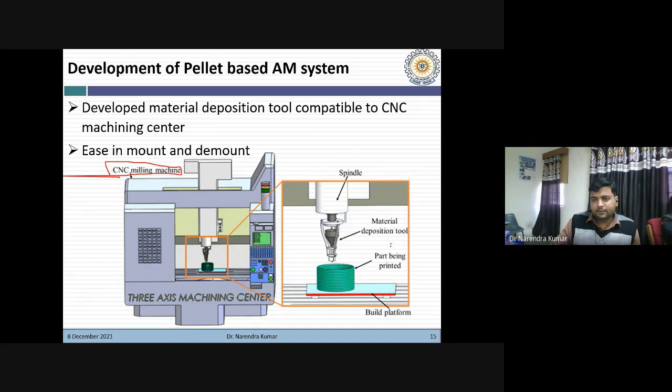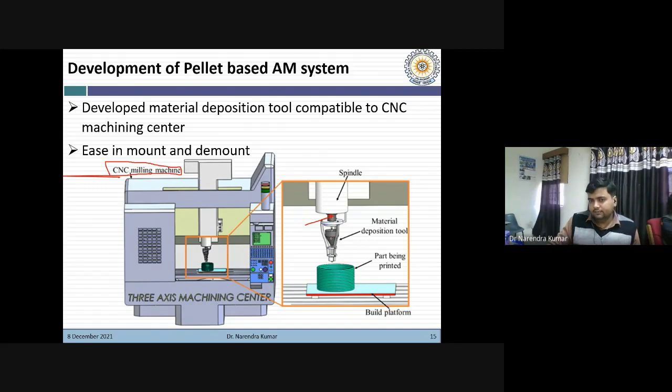So this material deposition tool was compatible with the CNC milling machine, and we were able to mount and demount it similar to a milling cutter. You can see this is the spindle of the machine, and this is the tool holder of the machine. With the help of this tool holder, we developed our own material deposition tool for the material deposition purpose.